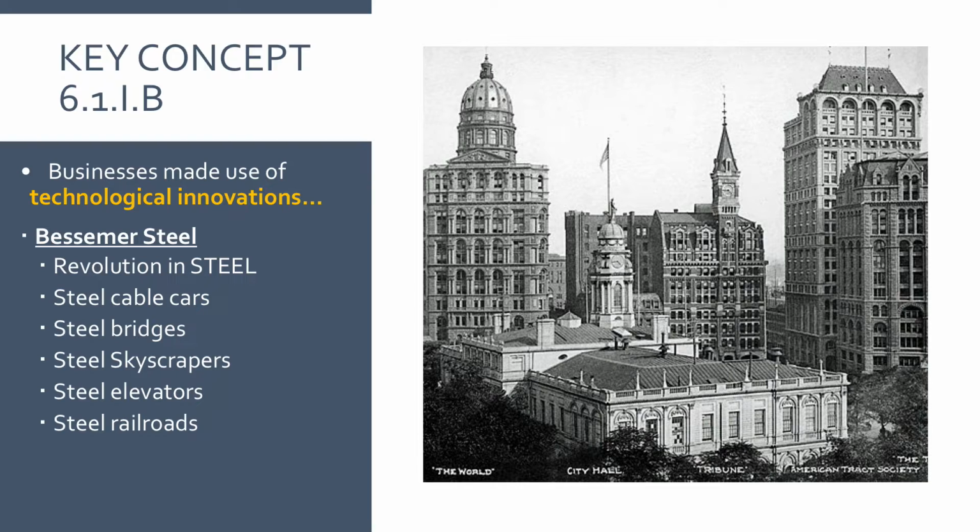We're going to have skyscrapers, cable cars, expansion bridges. We'll build farther, we'll build taller. Then we have to build elevators. Railroads get improved. Railroads were first built with iron. Now with steel, it doesn't rust. It doesn't lose its potential energy. And so they'll lay up more track or dig up old track and put down steel now. This becomes a massive, massive important revolution in America that's going to lead to our big economic growth.